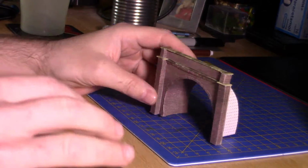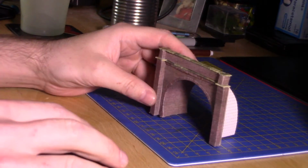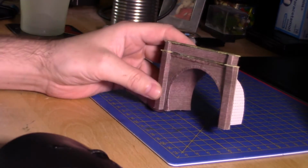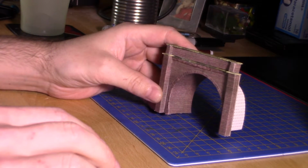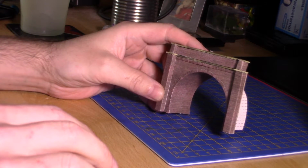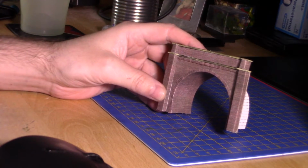What have I got? What is my next kit? Just so you have something to look forward to in the future. When the thing wants to load. My next kit will be...